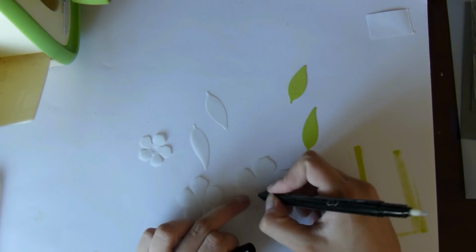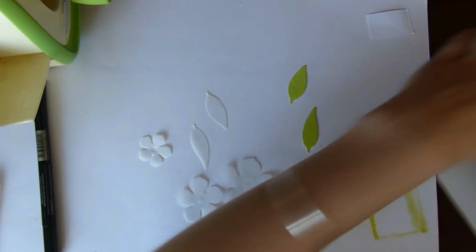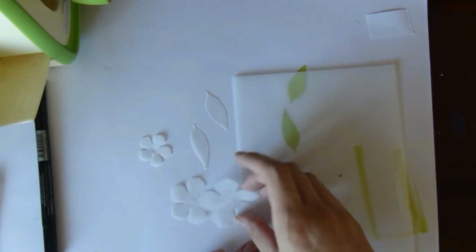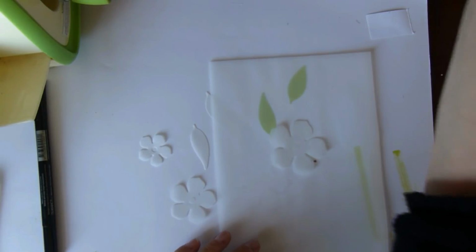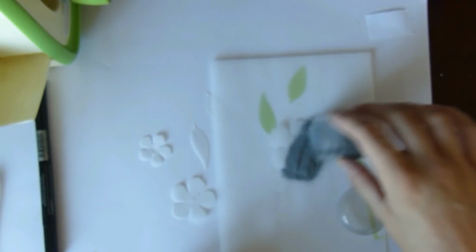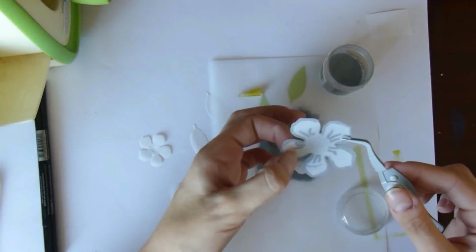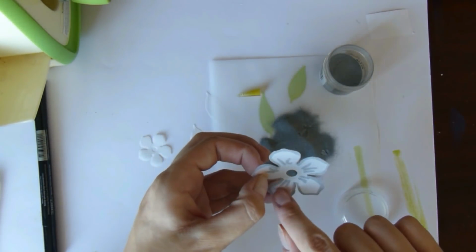And I am just going around the outside of the leaves, and then using the finer nib of the embossing pen, I am just adding in some little details into the flower. Absolutely nothing special, quick as can be. This is some silver embossing powder. This one happens to be from Ranger. I just grab whichever one I like the color of, and there you can see the details come up